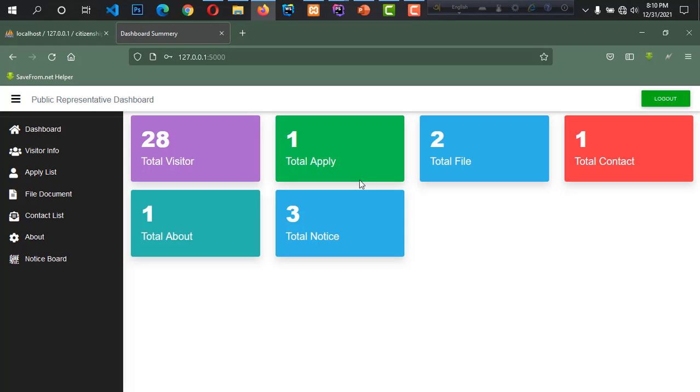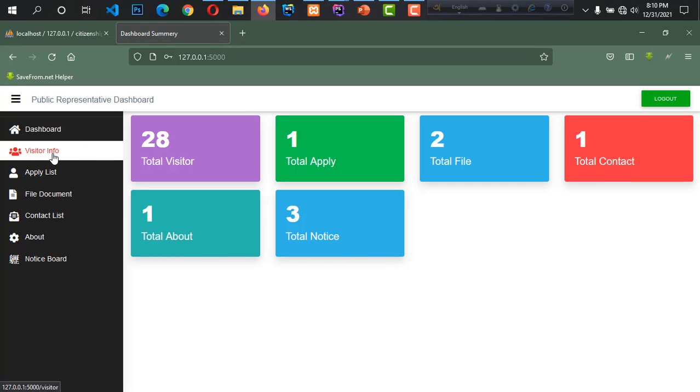After input valid email and password, I can see the public representative dashboard. Here I can see total visitor, total apply, total file, total contact, total about, and total notice.